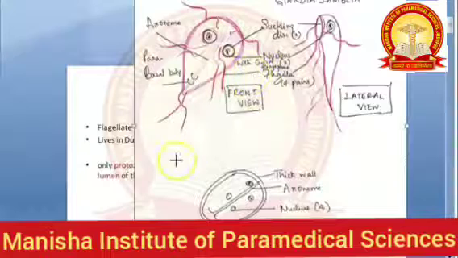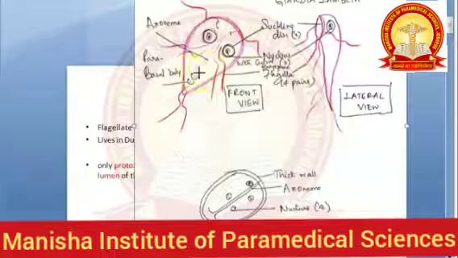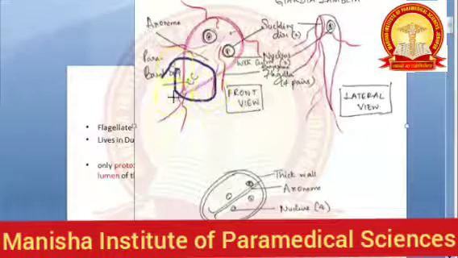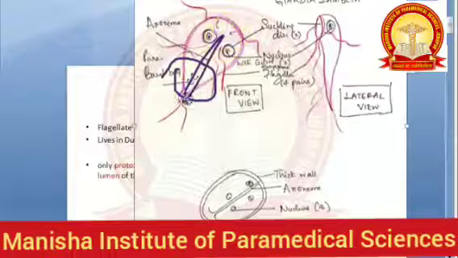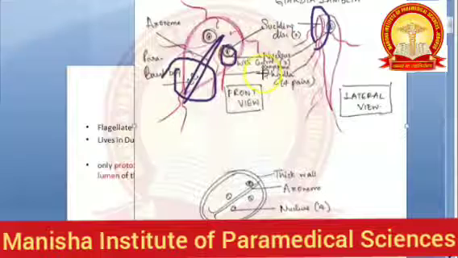So there are 4 pairs of flagella, 2 nuclei in the trophozoite, 2 median, what is this called as, basal body, parabasal body or median body. Then 2 axostyles will be there, 2 axostyles. Then this is the suckling disc. You can see this is the nucleus. In the center there is a central karyosome, okay.